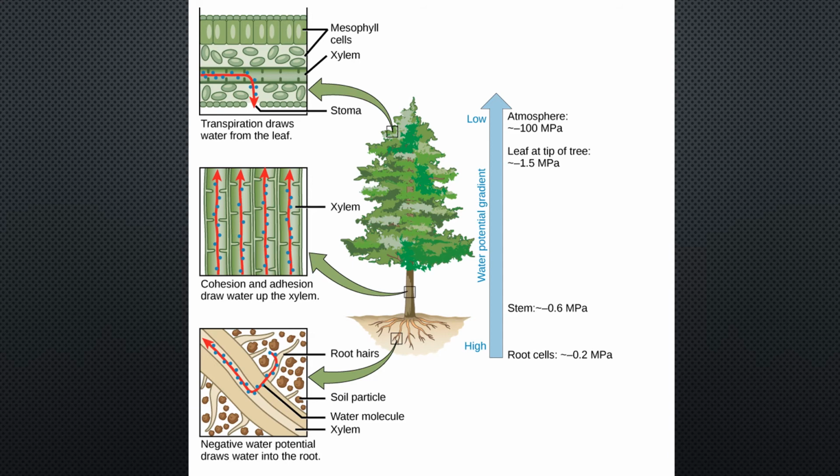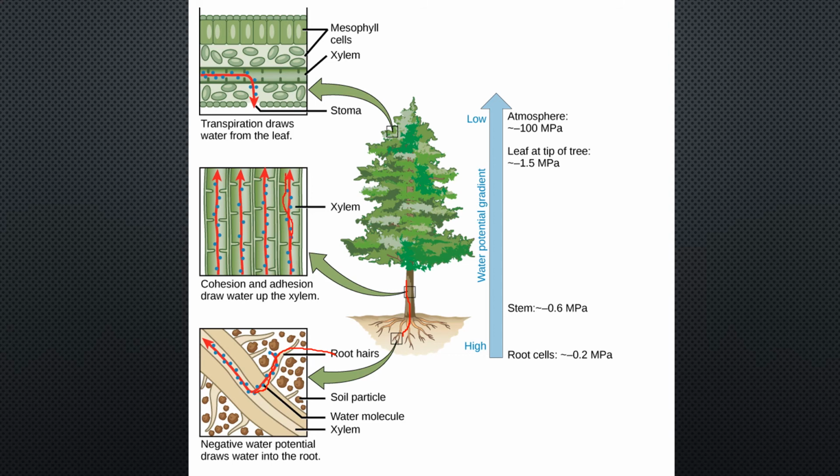Okay, so how is this going to go through the entire plant? We've talked about the symplastic and apoplastic ways that the water enters in through the root hairs, and then it hits the xylem. Well, once it's in the xylem of the roots, it's going to go up through the plant. And the reason for that is because due to cohesion, each of those water molecules is pulled along like a chain because they are attached to each other, and they are also attached through adhesion to the xylem through these vessel elements,